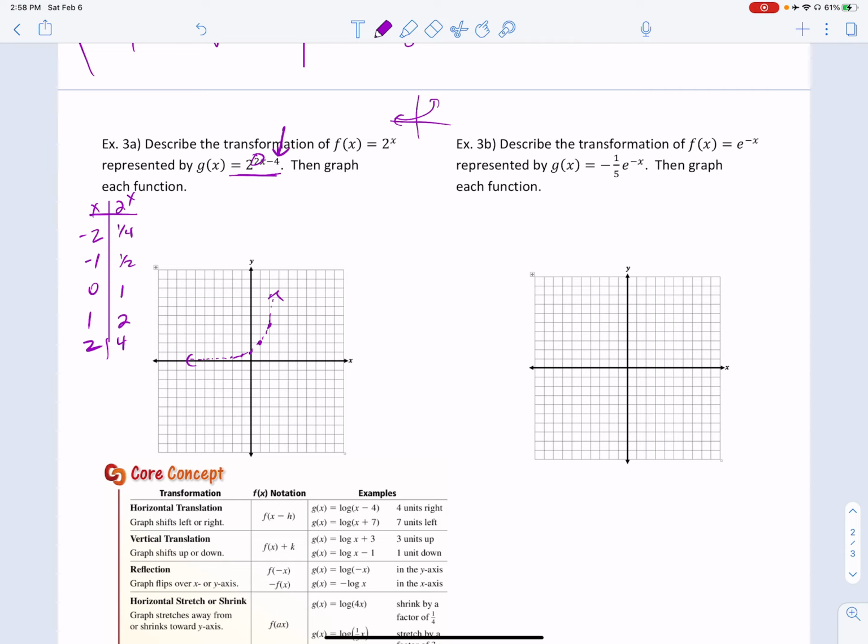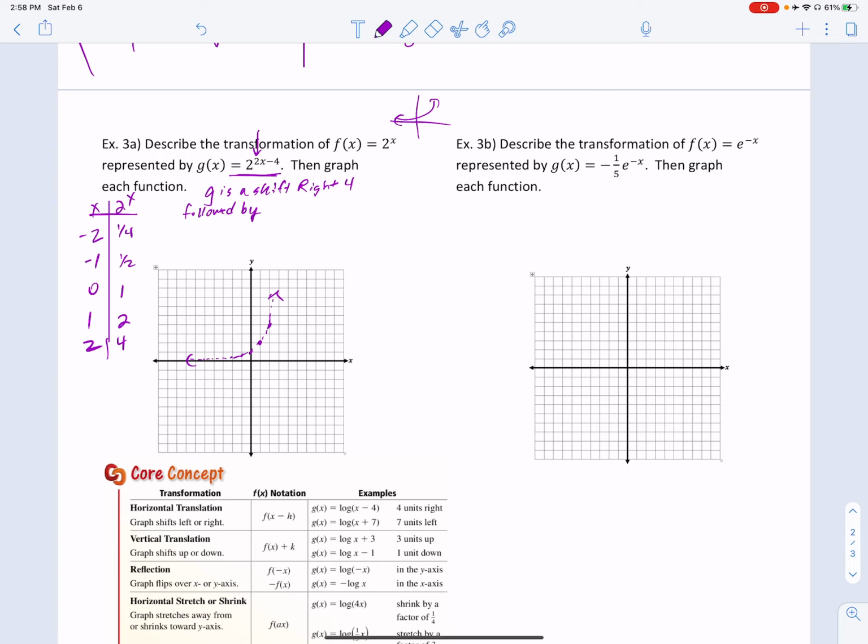So you just have to memorize this. So g is a shift right 4 that has to be done first, followed by, indicating there is an order,